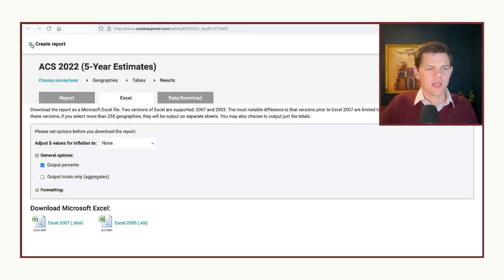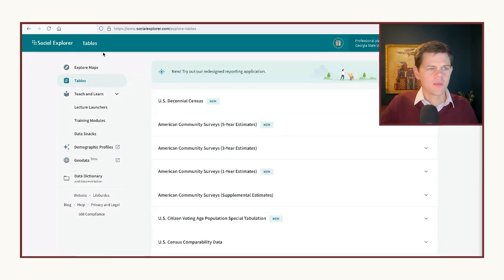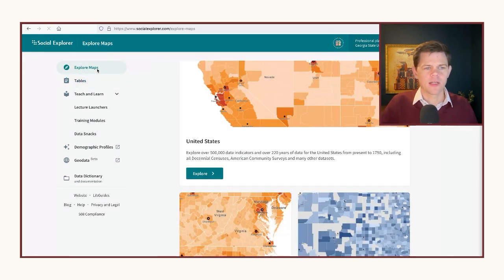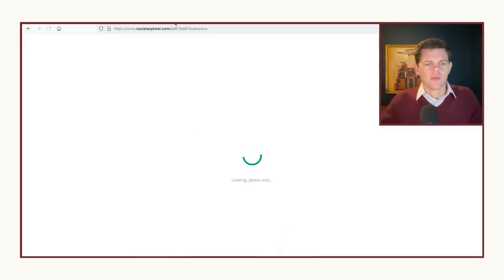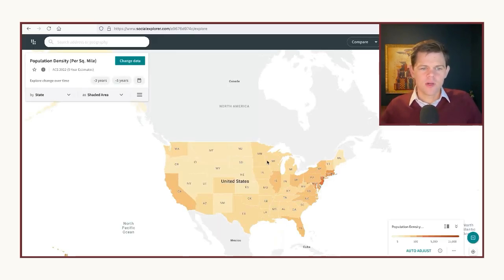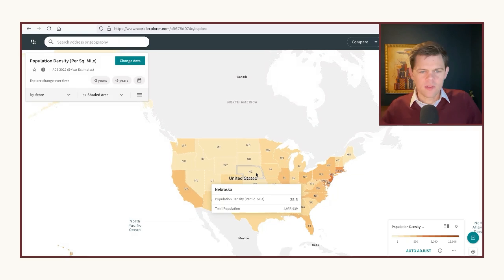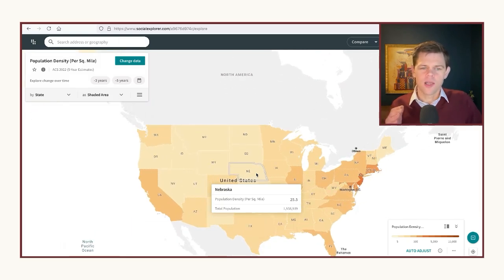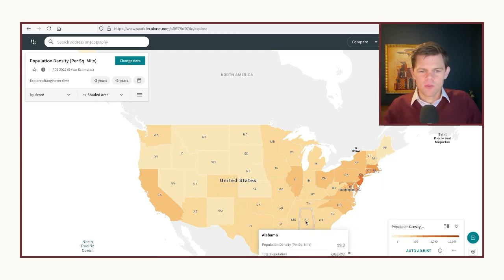So I'll click out of creating a report. I'll go back to exploring maps, come back to the United States here. And let's kind of do another example here. What I'd love to do is to also show why it's so important that these data are available over time periods, because you can show and identify changes over time. I'm going to zoom into Georgia